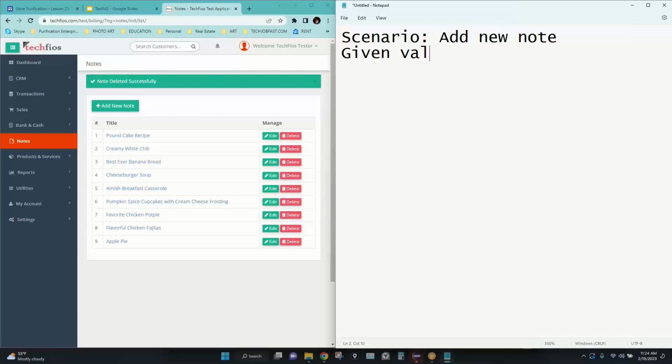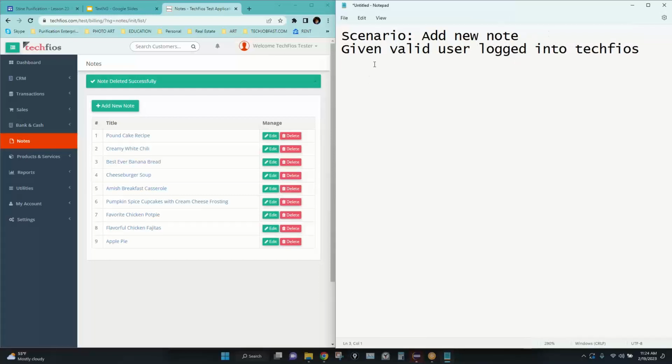Given valid user log in to tech files. This is like your whole login method and everything. With this statement, you're logged in. When user goes to notes page and clicks on add new note button,